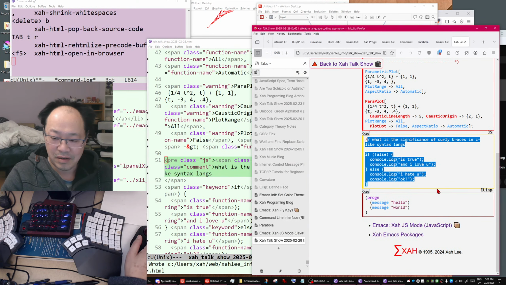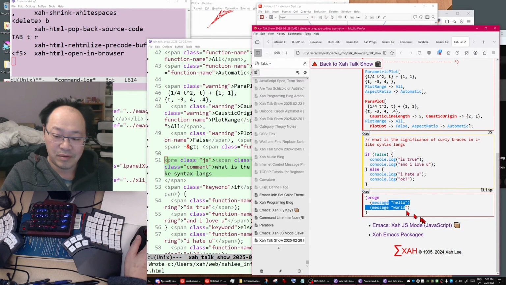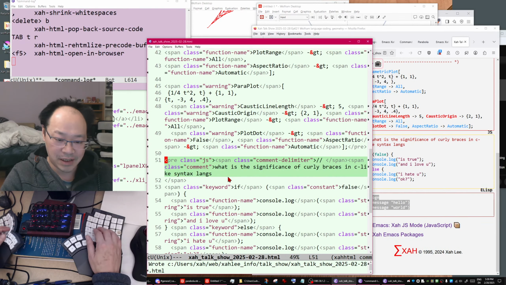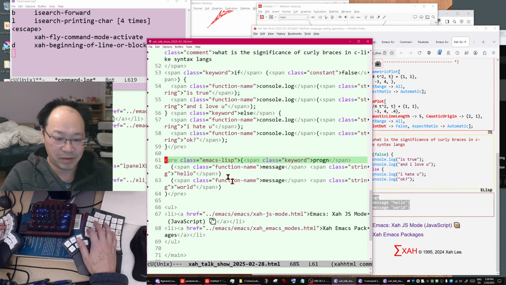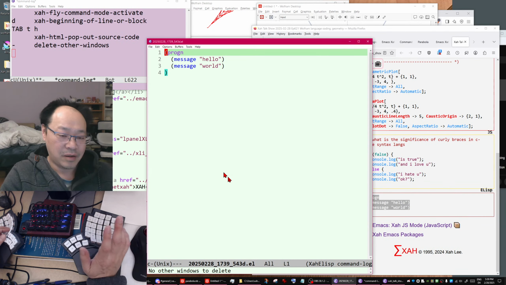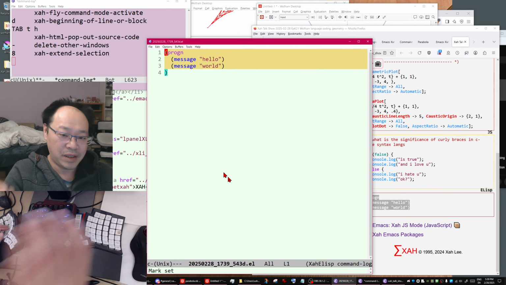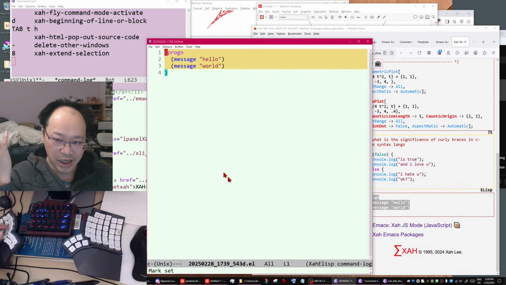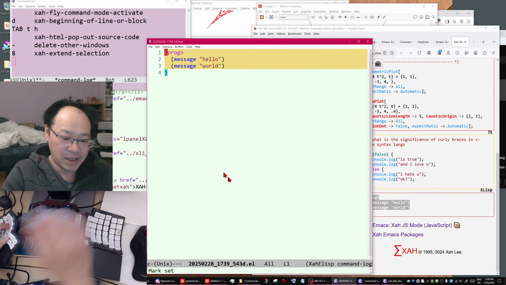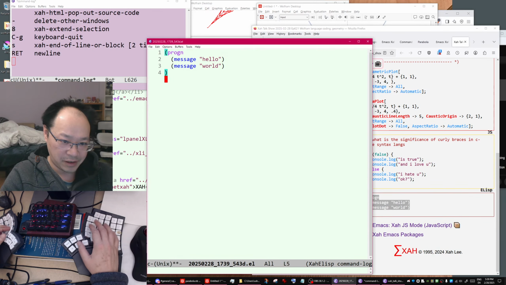There it is. Now, similarly, you have Emacs Lisp. So go to Lisp, pop it out. Similarly, why do you need this progn to group a bunch of Lisp expressions? Why do you need it? Well, you need it when you have if statements.